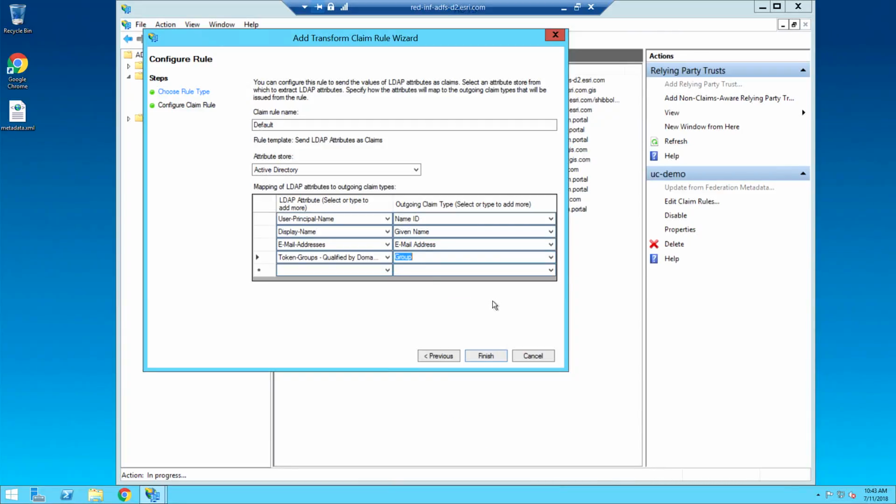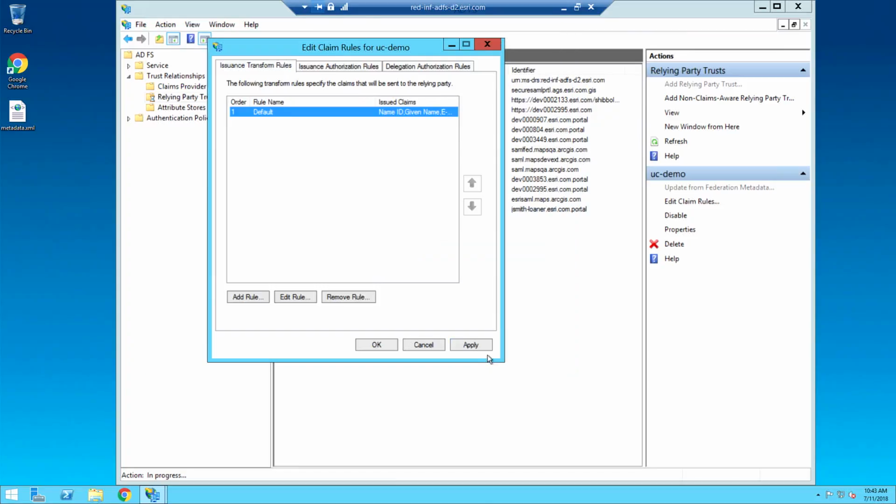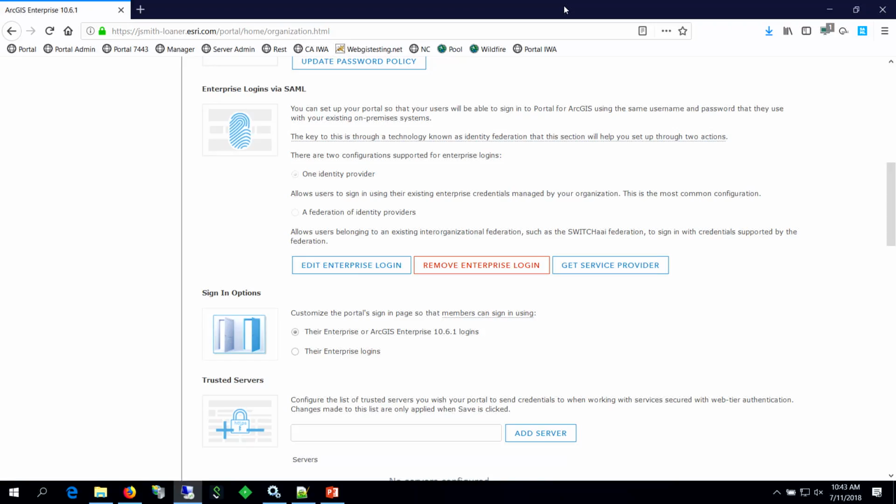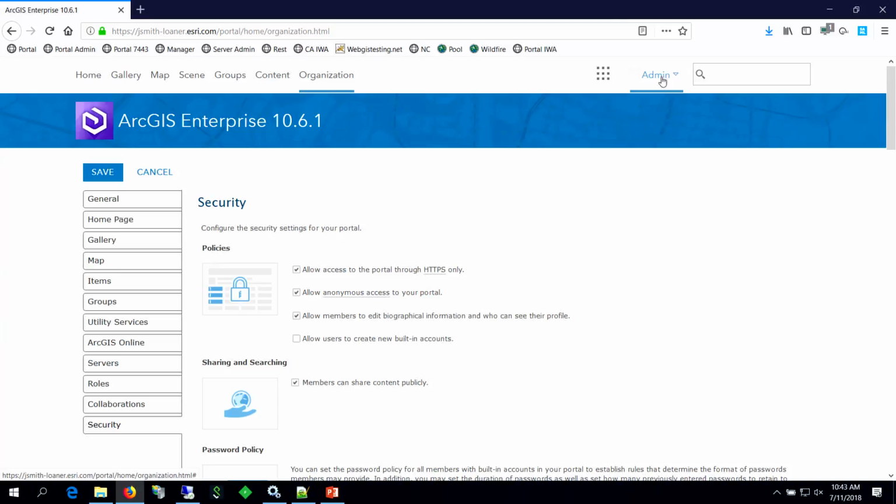Okay, so we're ready here on ADFS. We click finish, and we can click apply and OK, and we're done. So that's what we just added right there. So if I go back to my machine now, I'm going to minimize this. Go back to my machine. I'm going to log out